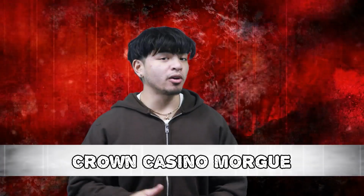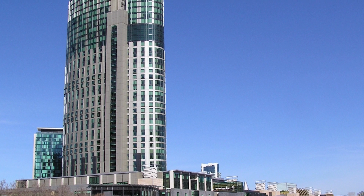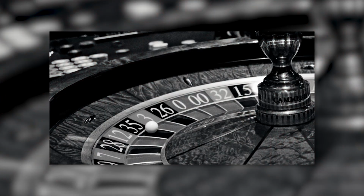At our number 10 spot, we have the Crown's Casino morgue. There's been rumors circulating online about the existence of a morgue under or within the Crown's Casino in Melbourne, Australia. The rumors suggest that there is a secret corridor with walls that open up into the toilets, which are used to take away bodies of people who just have taken their life at the casino, which is supposedly a very